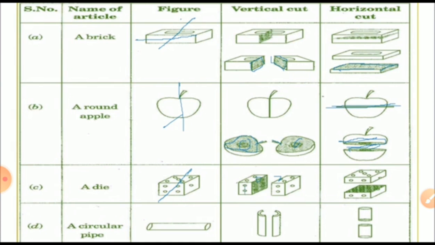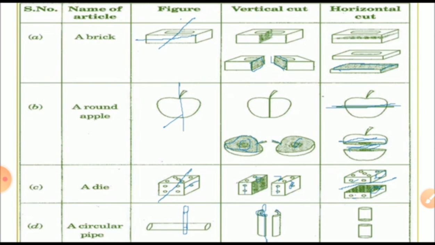Cylindrical shapes can also be cut vertically as well as horizontally. And you have to cut in equal parts. Be careful, students, when you are cutting it. Don't try to cut one small or one big part, because we are making a cut horizontally and vertically. Yes, my dear student, you make a pipe vertically and then cut it. If you cut it this way, anything else?